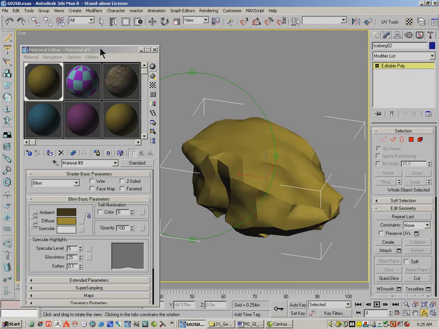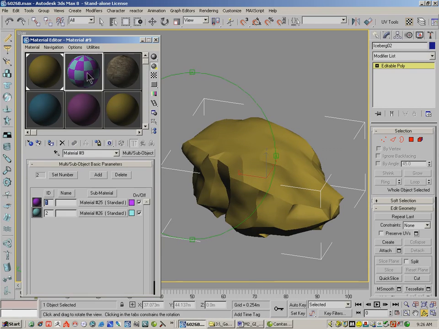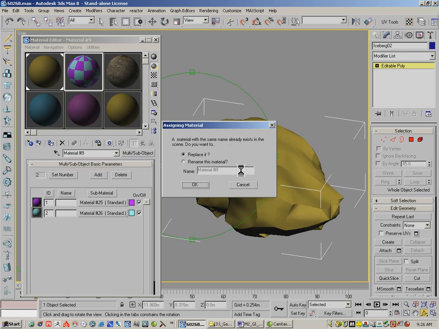Okay, and I've already made some textures for this, so we're going to pick it up here after it's been multi-subbed, after its texture coordinates have been added. And we're just going to talk about the seams and the final steps here. Right now I've got a plain material on this. If I jump over here to this pre-made multi-sub and drop it on my rock,